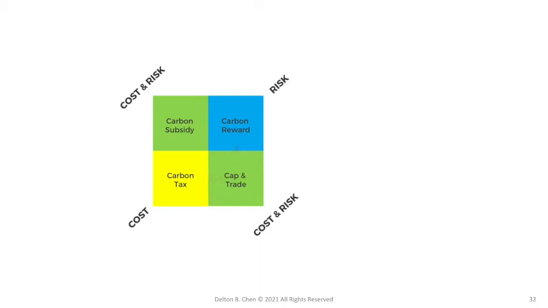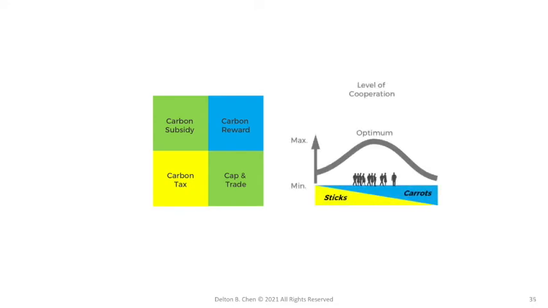These observations are consistent with the carbon pricing matrix. Now that we've looked at the four policies, let's consider the carbon pricing matrix in terms of social science experiments on human cooperation. There are at least 3 published studies on the effects of carrots and sticks on human cooperation in competitive games. The finding is that a combination of carrots and sticks achieves an optimum level of cooperation among